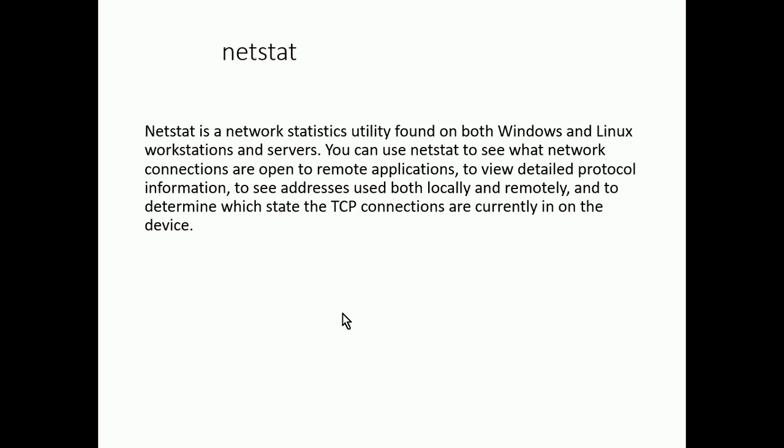Netstat will tell you all of the network connections that you have on a given machine, or really any device like a router. Most routers and firewalls also use the netstat command. It's in Windows, it's in Linux, and ergo it's also in Mac, and of course every device is under the hood really probably some derivative of Unix or Linux or BSD or something like that. So the netstat command will just show you all of the active connections. You can see what port numbers it's listening on. You can see what port numbers you're connecting from,